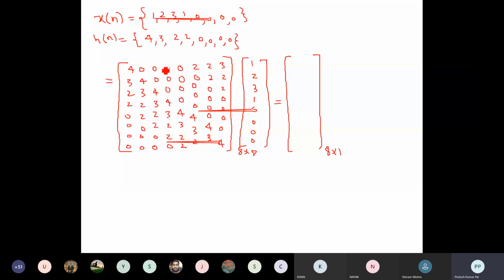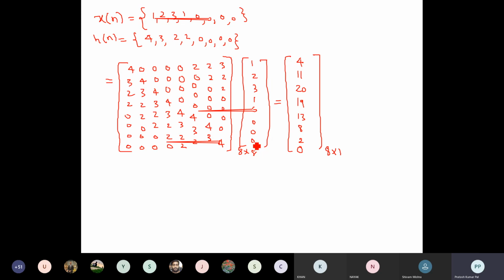So once we are multiplying this row by this column, we will get 4, and then this 4, and the last 3 terms are 0, so it will be 4. Okay, so this will be 4, and this one will be 11, and then 12, 20, 19, 13, 8, 2, and finally we will be getting a 0. The last one is the last 4 terms multiplying with these 4 terms, that will be a 0, and again these are non-zero terms, but again these terms are 0, so finally we will be getting a 0. So this will be your result of circular convolution.